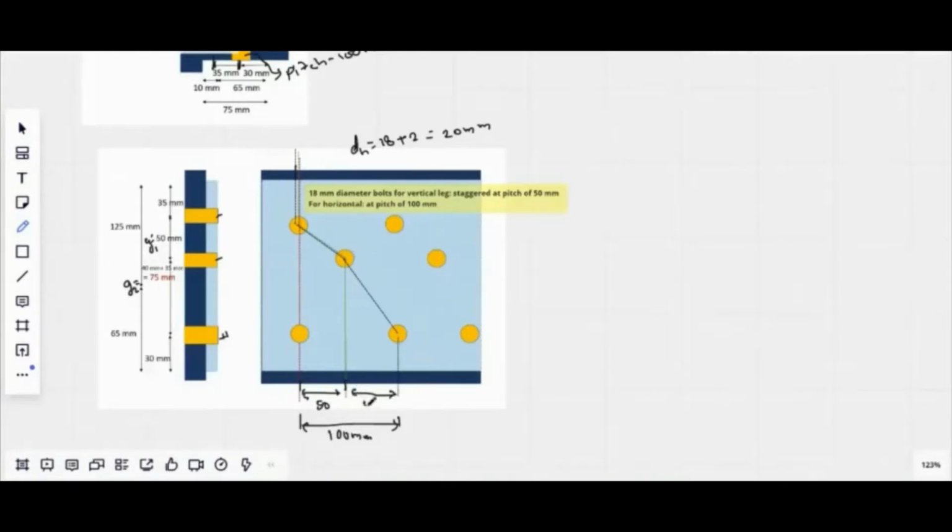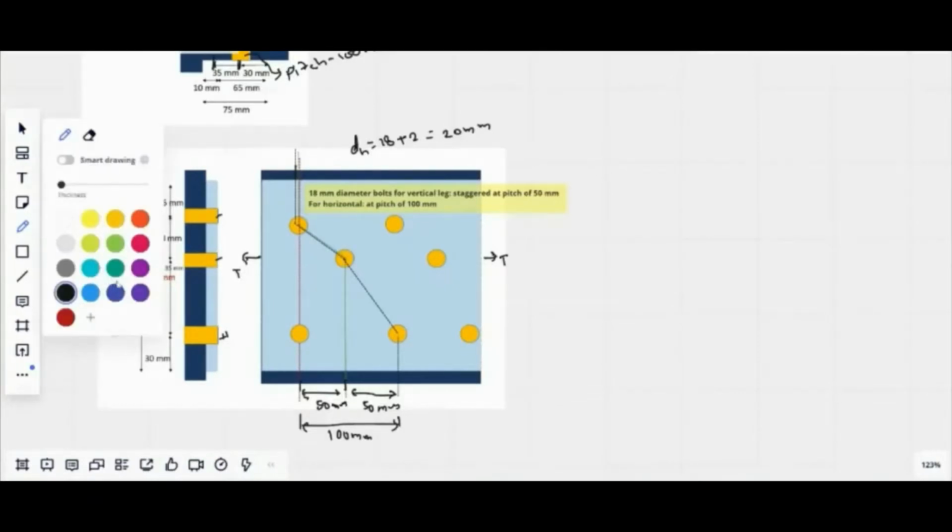So the bolts are arranged in this manner. Now let us say all the possible types of failures for the rupture. As we can see, the application of load will be in this direction. The failure will occur perpendicular with respect to the rupture. To calculate the net area, we see there are three different sections here. All the possible sections I can come across are only three sections.